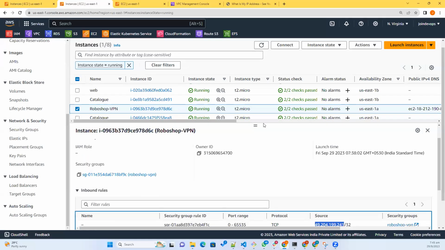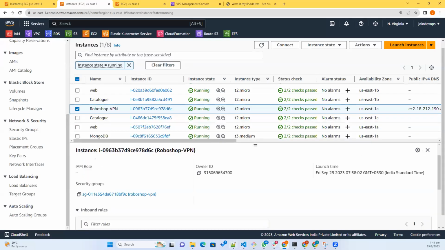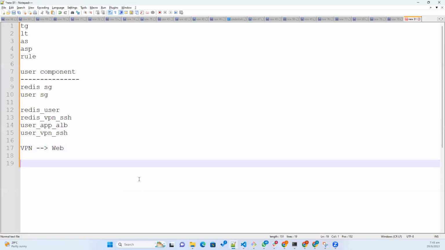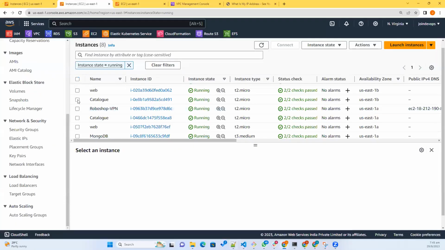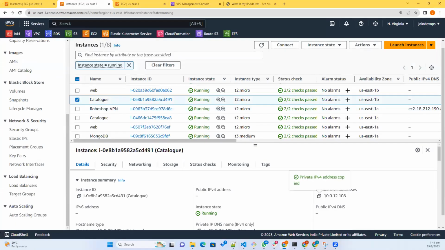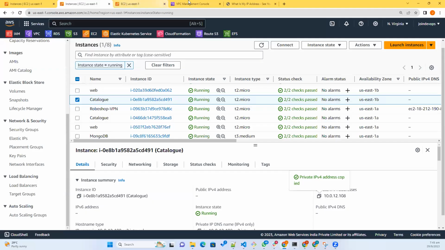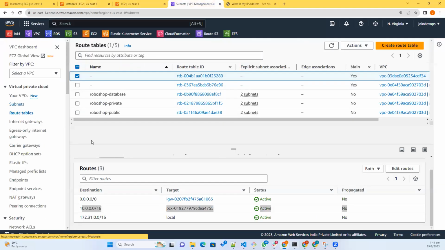Maybe to connect to VPN, but from VPN to web instance, it is not happening. Okay, let me try from VPN to catalog. Okay, no. Then we need to check the subnets of